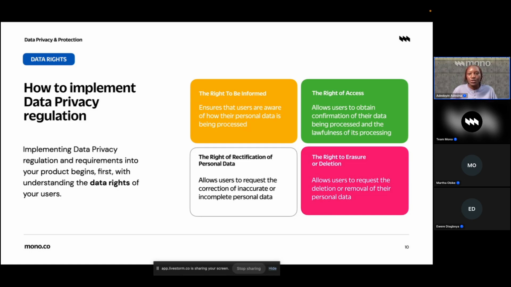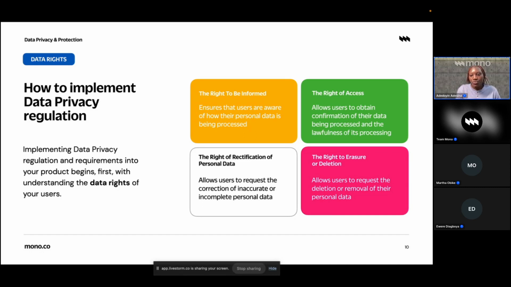So you're not just downloading, oh, this company is a similar company to mine, they have this privacy policy, let me download that and slap it on my own website. Your privacy policy has to be tailored to the services that you offer, the third parties that you have, and also how data is being processed. So if you were using a third party vendor to maybe process parts of their data, you have to inform your customers as to this information.